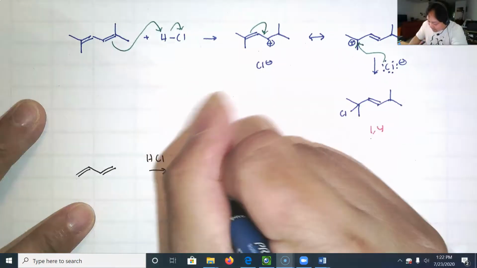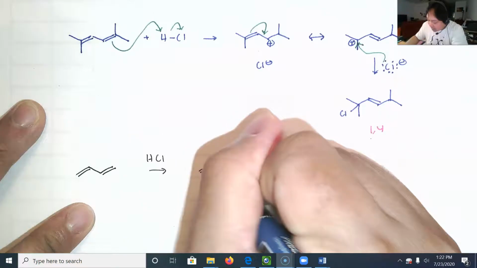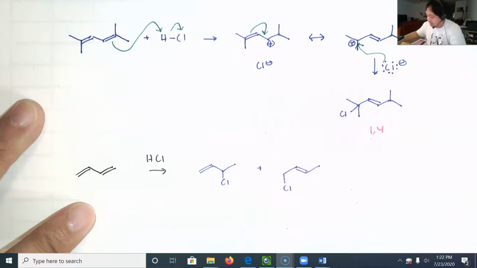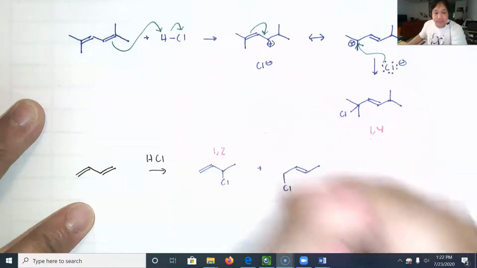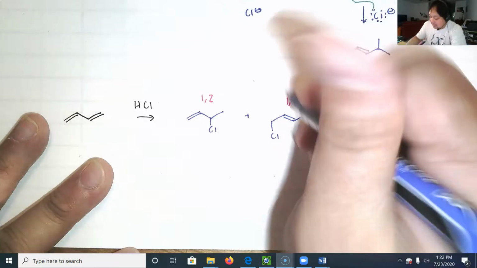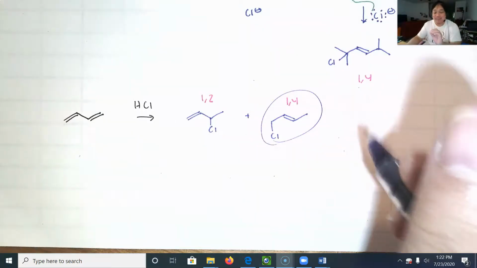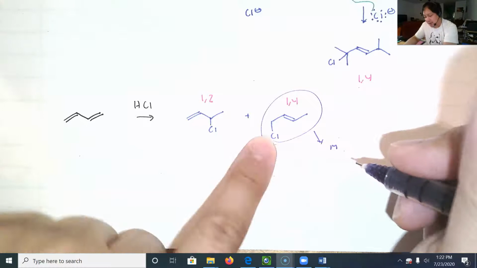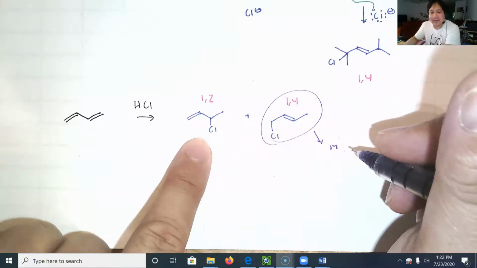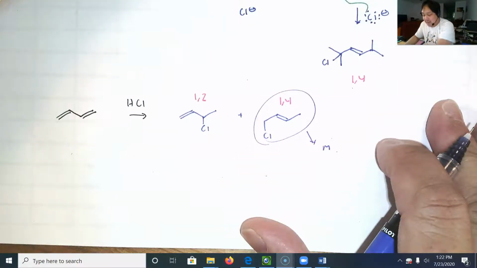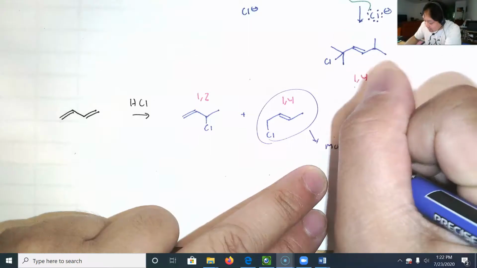Okay, let me draw this real quick. That's the 1,2 product. This is the 1,4 product. I'm gonna circle the major product. Oh, not the major product, the more stable product. It's weird because the carbocation was primary allylic, not secondary allylic. Because when you're looking at stability, you look at the final product and you base it off the double bond. So this is more stable